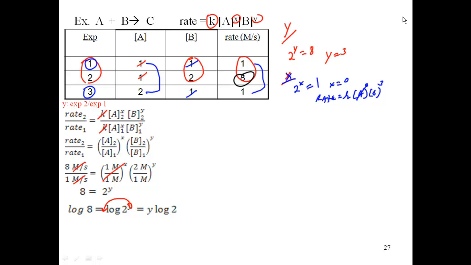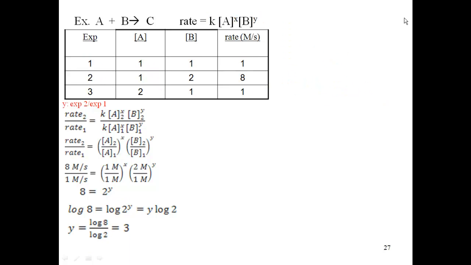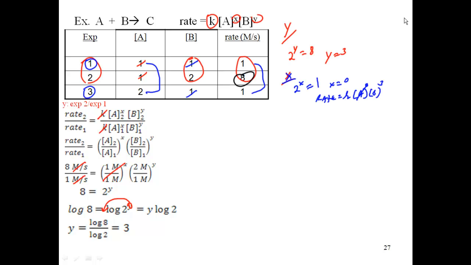Why I want to do this is I want to get y to the other side. So now I'll divide by log 2 on both sides, and I get y is equal to log of 8 divided by log of 2. I put that in my calculator and I get 3. You have to realize though, I need to take the log of 8, get that value, and divide that by the log of 2, that value, to get 3. I can't cancel logs, and I can't cancel 2 into 8 and get 4. I have to get the numeric value of log of 8 divided by the numeric value of log of 2 to get 3,